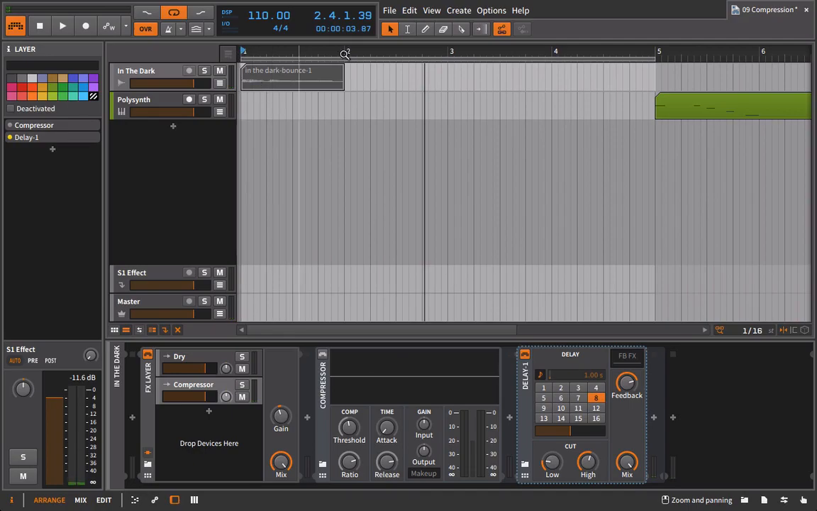Not a big deal out of context, but if there was a lot of instrumentation going on, you might lose it. And even as we start to get the right blend,